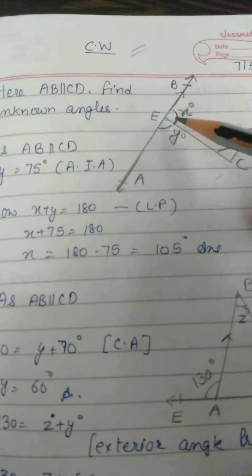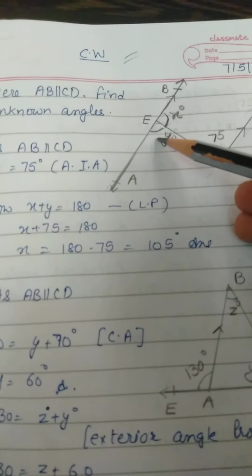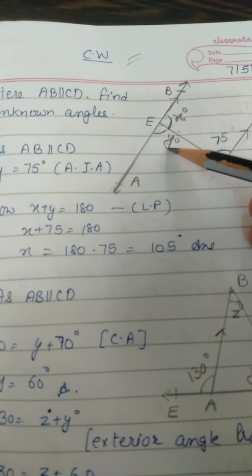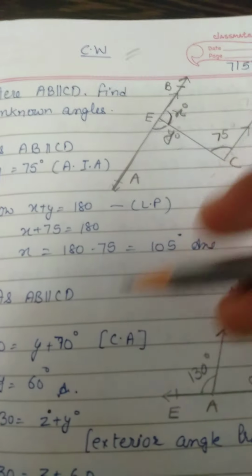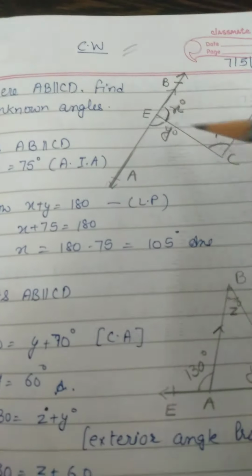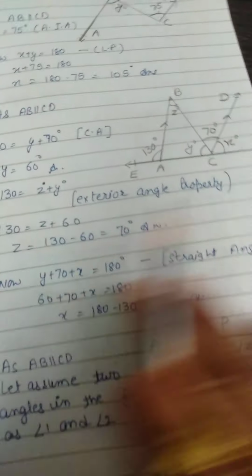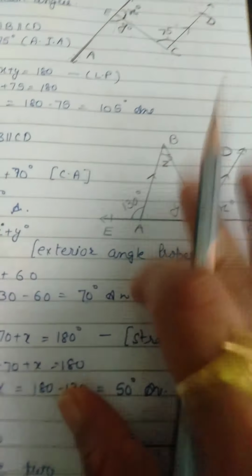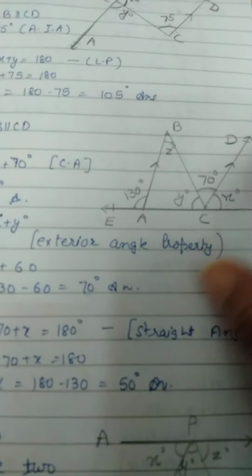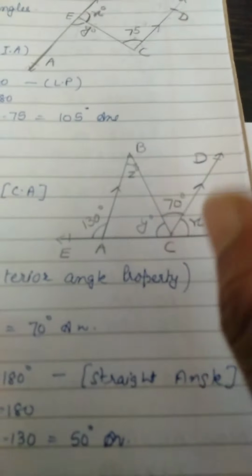And the second way is these are a linear pair. So x plus y is equal to 180. So you can get the value of x in two ways, either through co-interior angles or by linear pair. In this figure, these questions can be done in a different way. So don't worry, you can also do it your own way.